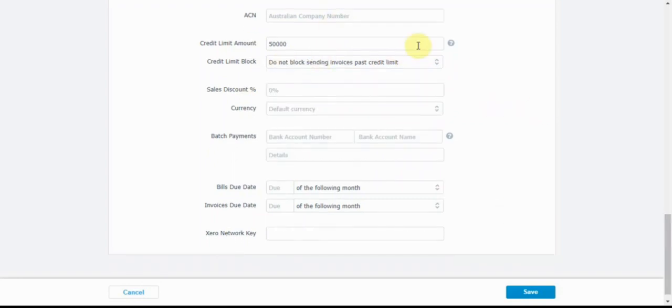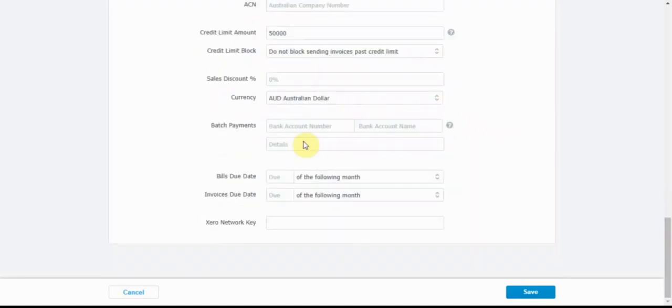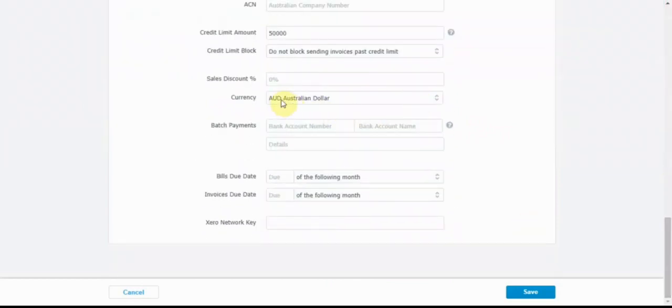If appropriate, you can also add a sales discount. This can be for particular customers, where you provide certain customers a specific discount, so you can add it over here. And then you can also choose an appropriate currency, so it will be Australian dollar. It could be a different currency if your customer or your supplier is from a different country. So you can add it over here. And then you can add